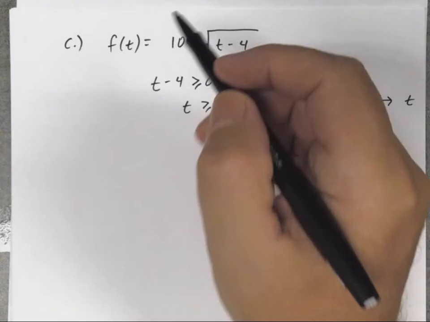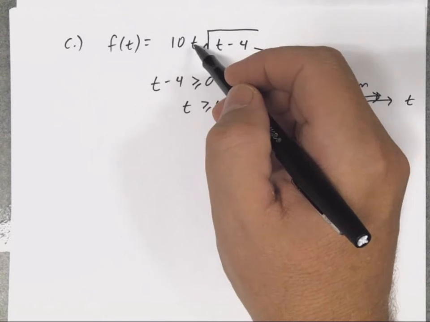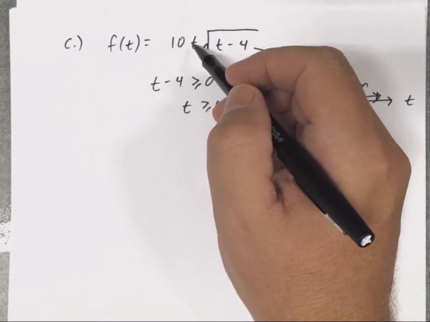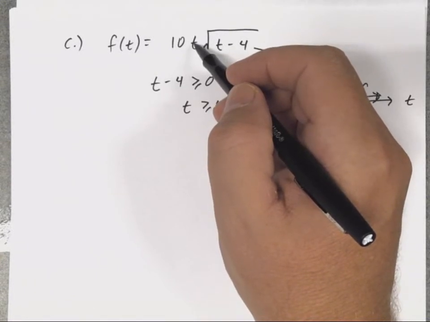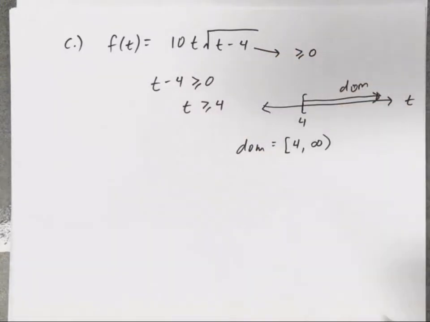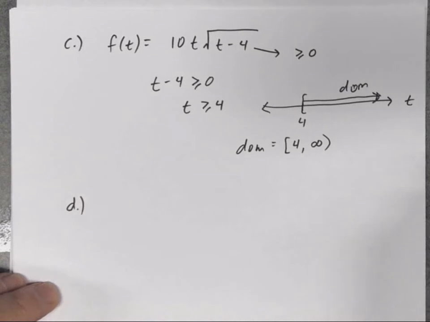Now some of you might think, well, what's the impact of this other t on my domain? Well, this other t has no impact. I can never put in a number for this t that's going to be a problem. The only things I have to worry about is when you have variables under the square root and variables in the denominator. So this t, no impact on the domain. Okay, the last one,